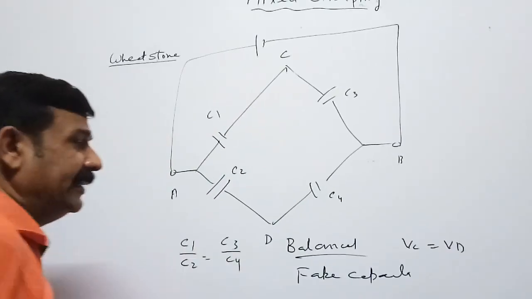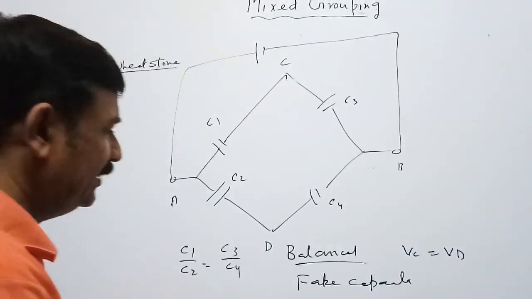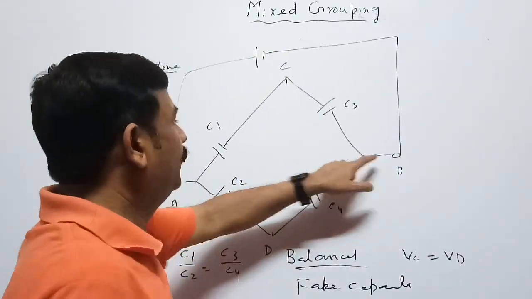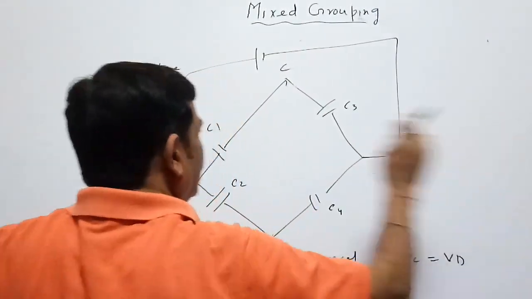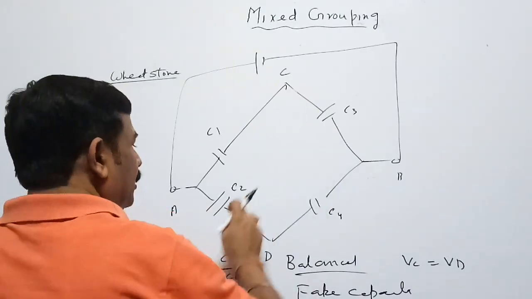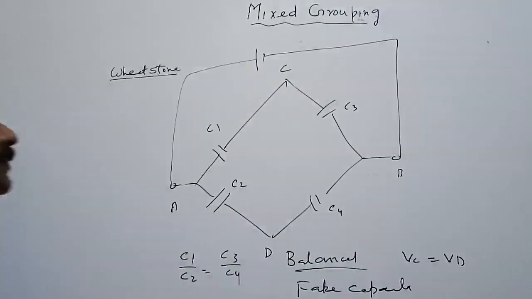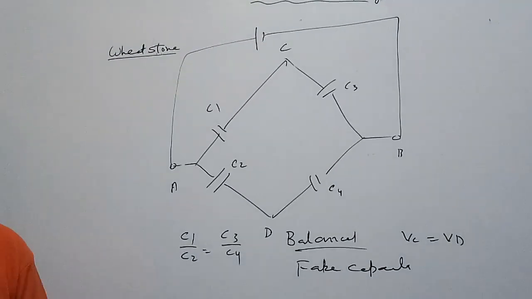So before finding the net capacity, we remove it, and as we remove it, now in this one entry, one exit, we stretch them. These 2 will be in series, these 2 will be in series, and the rest 2 will be in parallel. Very easily we will be able to find the net capacity.